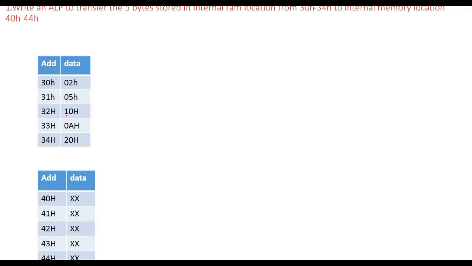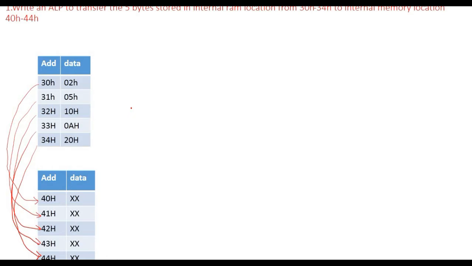We assume the data are stored in 30H to 34H, and we need to transfer them from this location to the other. That means 30H to 40H, 31H to 41H, 32H to 42H, 33H to 43H, and 34H to 44H.